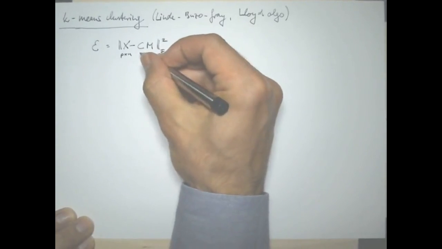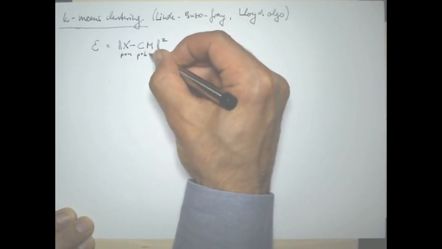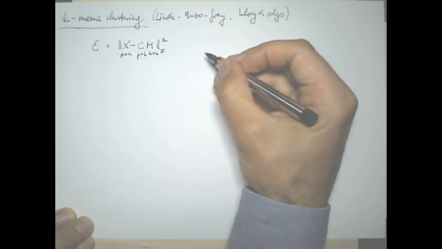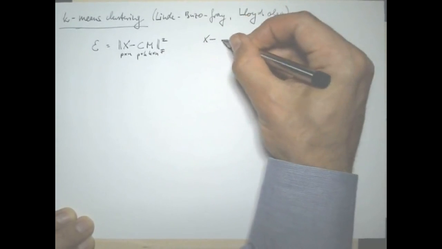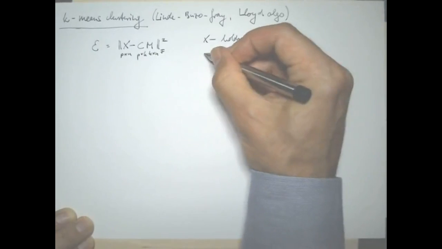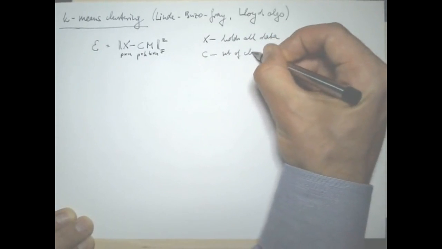And C is a P by K matrix, and M is K by N. So X holds all data. C is the set of cluster centers,